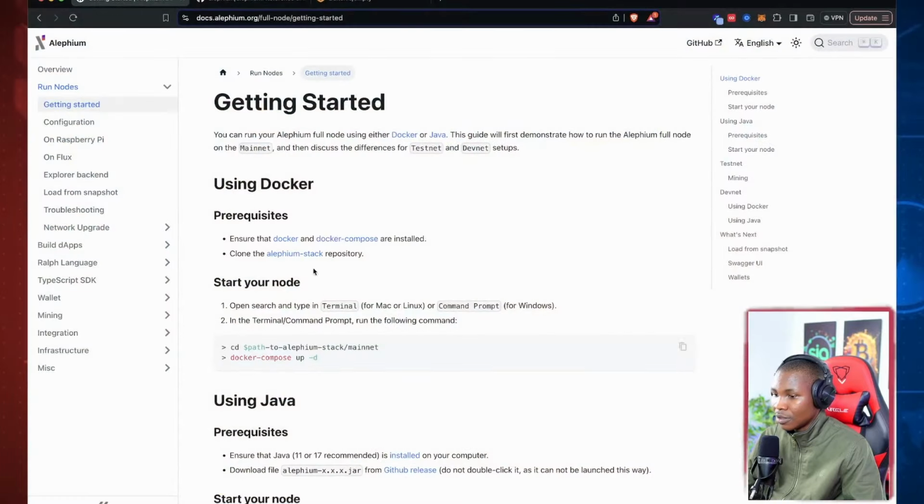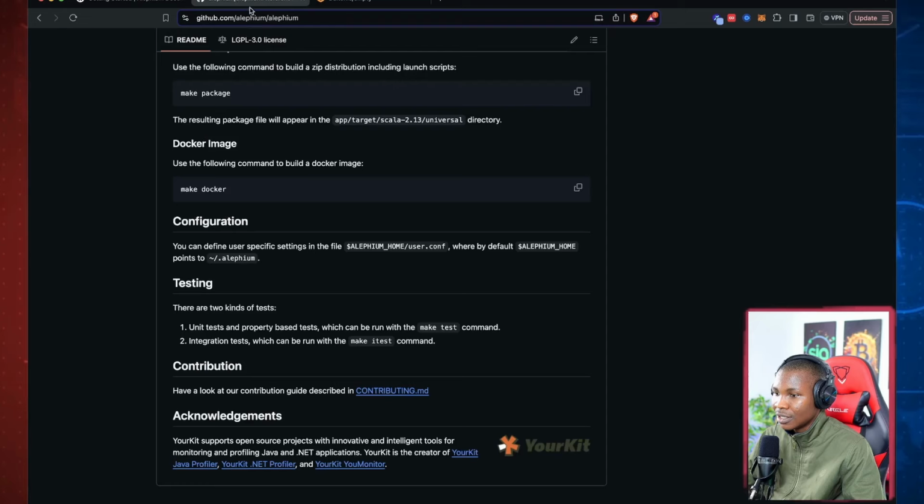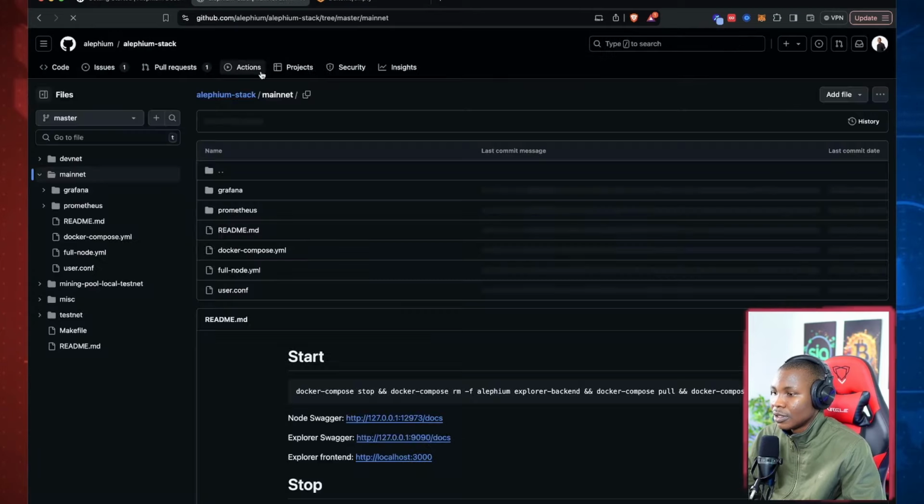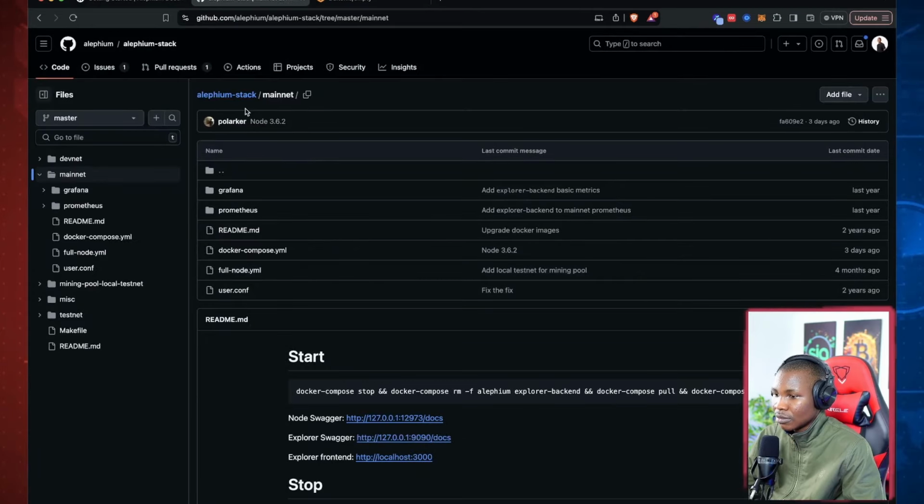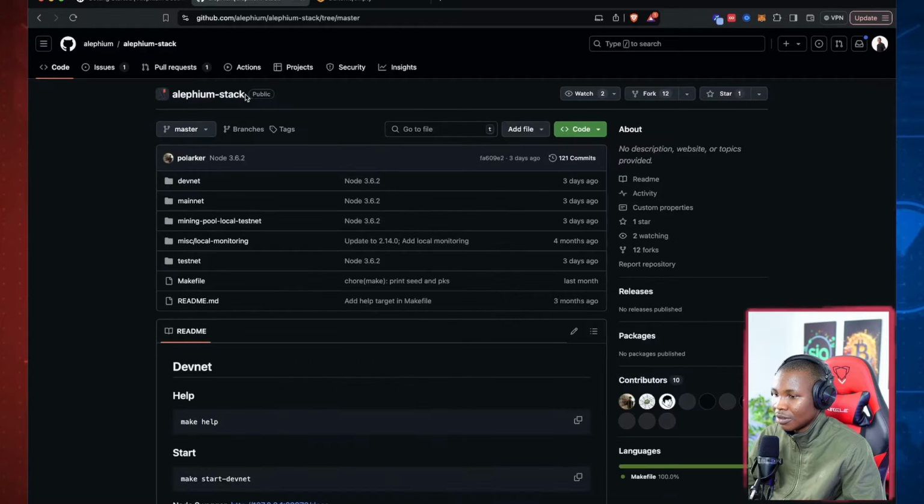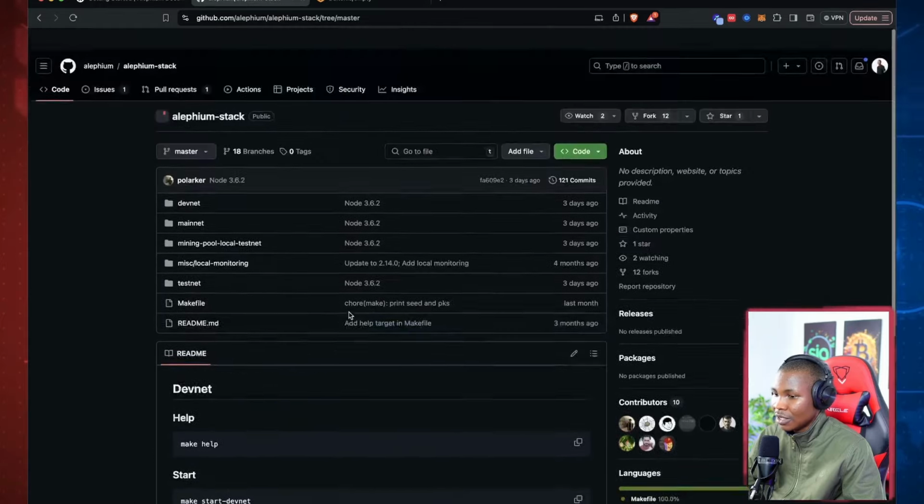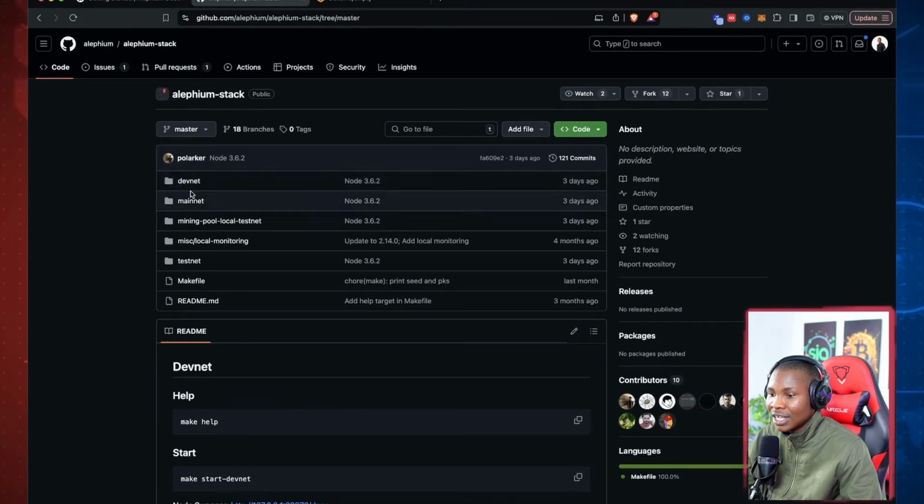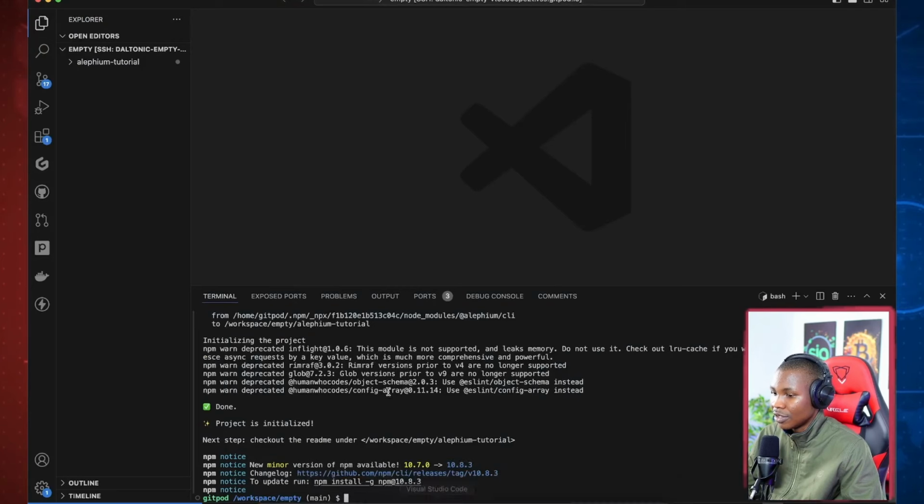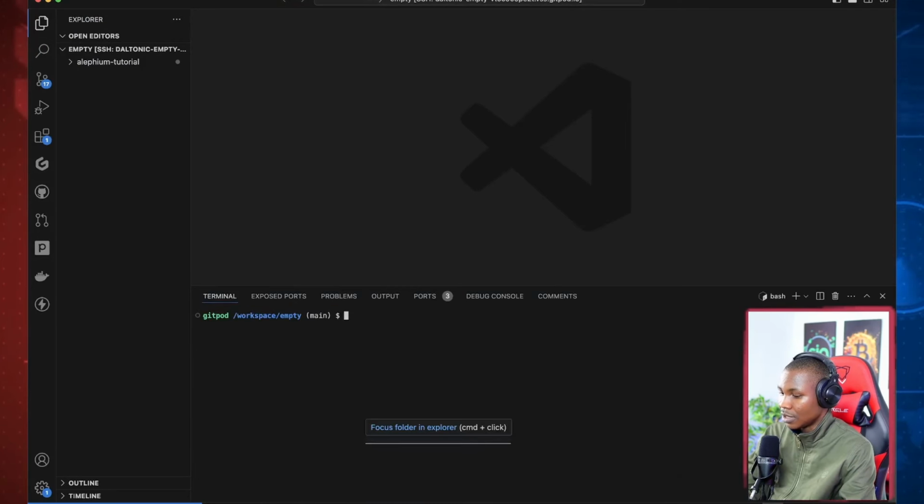So let's come back here. You want to come to this Alephium stack. You want to get it. I'm going to visit that endpoint. Okay, so I'm going to clone the entire repository, the entire stack. With this repository, I could run the Devnet, mainnet or testnet. So I'm just going to copy this, come back here. Okay, so this is Alephium stack right here. So I'm going to copy that, come to my VS Code, and I'll just do git